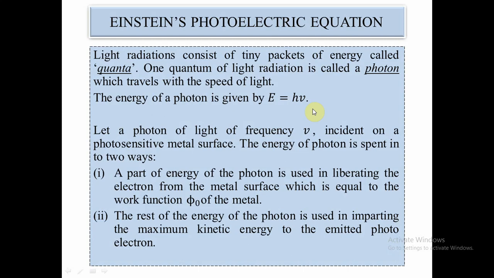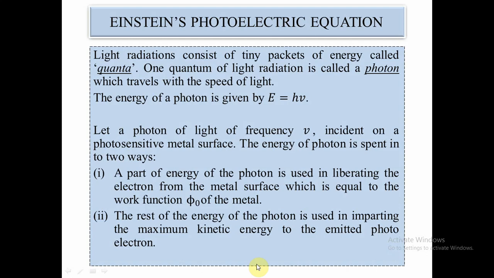Einstein assumed that one photoelectron is ejected from a metal surface if one photon of suitable light radiation falls on it. Let a photon of light of energy h nu be incident on the photosensitive surface. The energy of the photon is spent in two parts. The first part of the energy is used to liberate the electron from the metal surface, which is equal to the work function phi naught of the metal. The second part of the energy of the photon is used in imparting the maximum kinetic energy to the